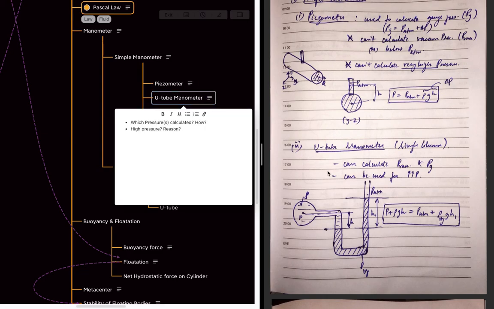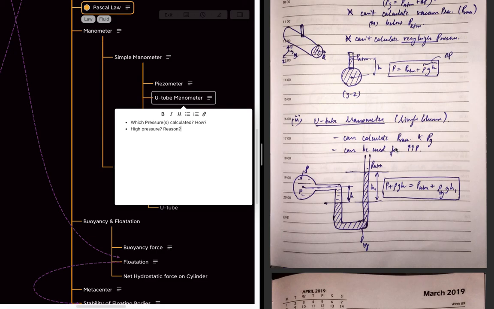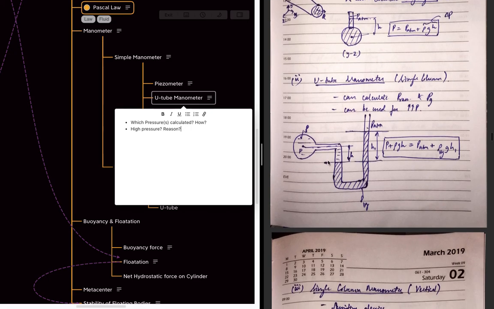The U-type manometer is basically used to calculate the vacuum pressure as well as the gauge pressure, and it can also be used to calculate very high pressure. So this is how the U-type manometer looks. This is where the fluid discharge flows through. As this fluid is flowing through, we want to find the pressure at this point. And this is a fluid which has higher density, for example, mercury. So the pressure at this point will be P plus rho g h, which is equal to,